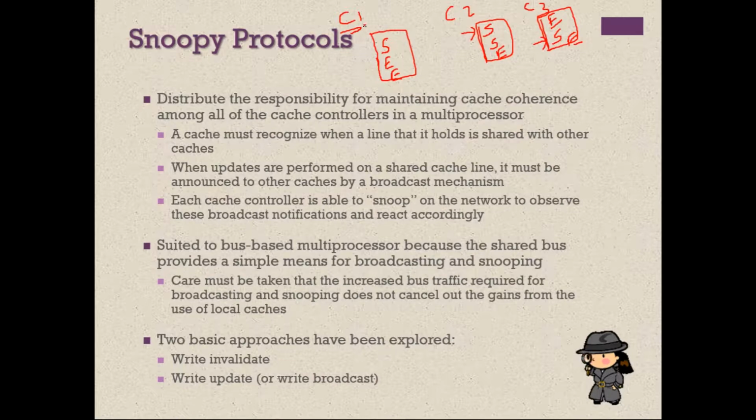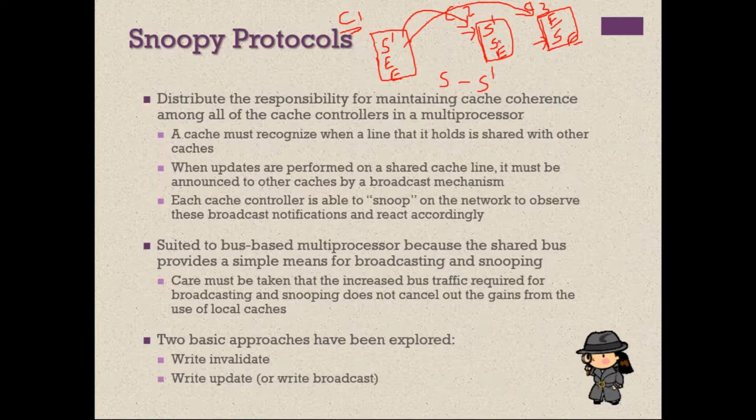Now this cache is going to update it. It is going to make yes to yes dash. Previously it is yes, now it is making it yes dash. After making yes dash, it will give a broadcast message to all the processors. Even if there are 100 processors, it will send a broadcast message to all the 100 processors stating that I have changed yes to yes dash. So if you have a copy of yes, you make it yes dash. So here there is a copy of yes, it will become yes dash.